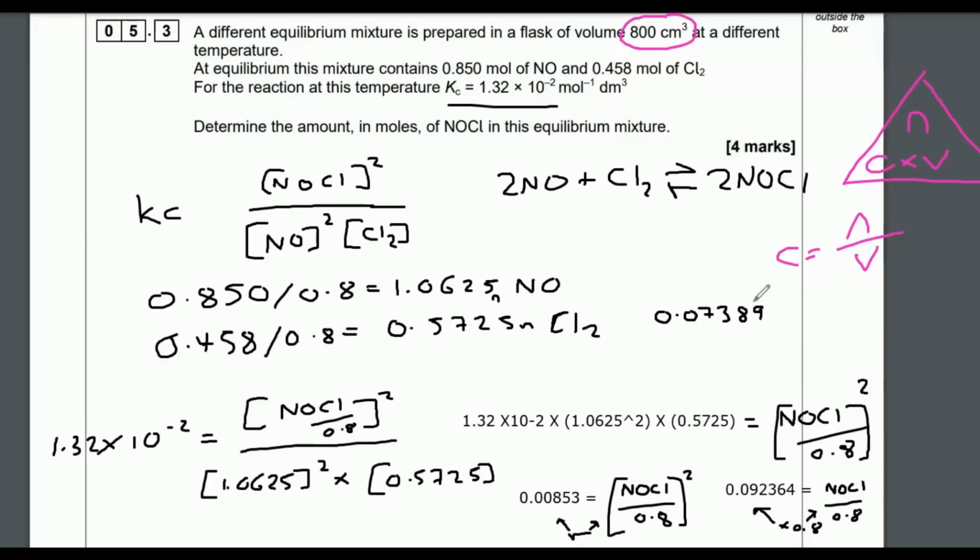Now let's get rid of the divided by 0.8. So times both sides by 0.8. And we get our final answer, which is 0.07389, and that is the amount of moles of NOCl. Now, because the 9 is greater than 4, I can round that up to 0.0739, or you could do 2 sig fig,